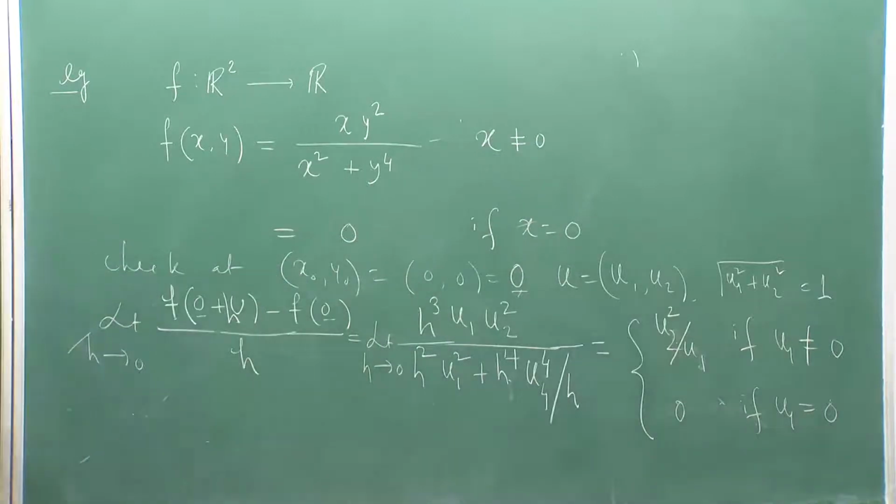This is the limit. Very good, limit exists at 0 0. So, according to this definition, f is differentiable at 0 0, but